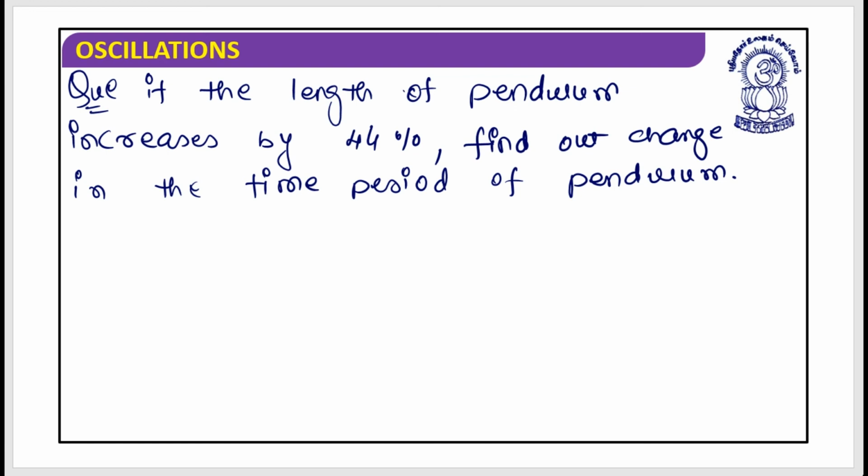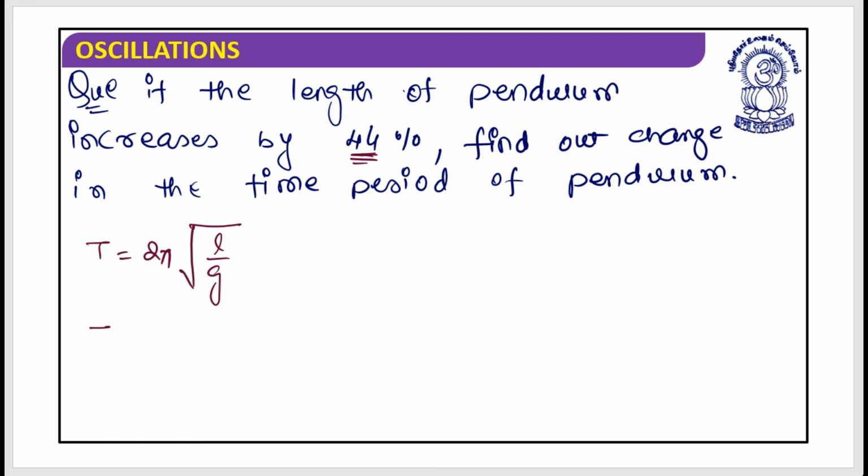As the length has changed by 44%, we cannot directly apply the rule of variation, which holds only for changes of less than 5%. So as it has been increased by 44%, we need to use a manual approach. To do this, let's look at T equals 2 pi root of L by G,